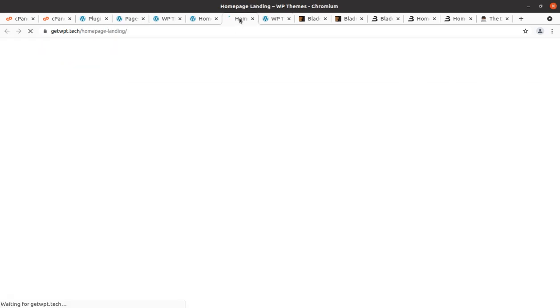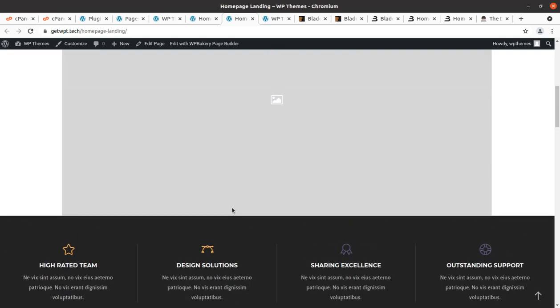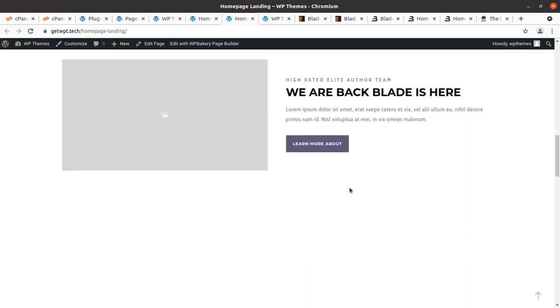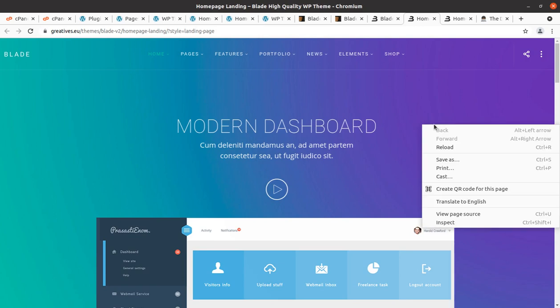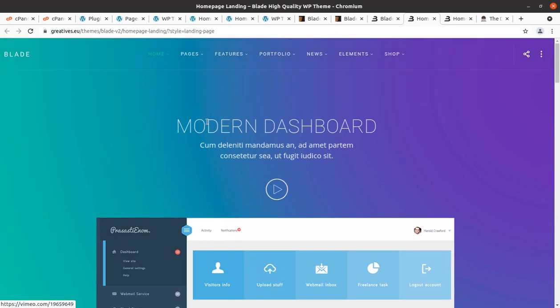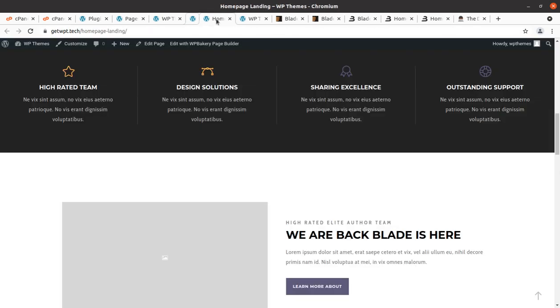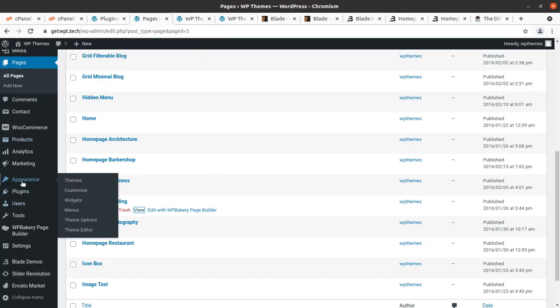Similarly, we got all the home pages like this one. So we are fine to select any of the home pages as per our requirement, and we can simply put in our own images and make the website very fine. And if you really want to use these images somehow, you can download them from here and put them there, but it is not recommended. Of course you have to use your own images. Website is fine, and now I'll simply set the home page first to give a better look, and then I'll show you the theme options and the desktop options.